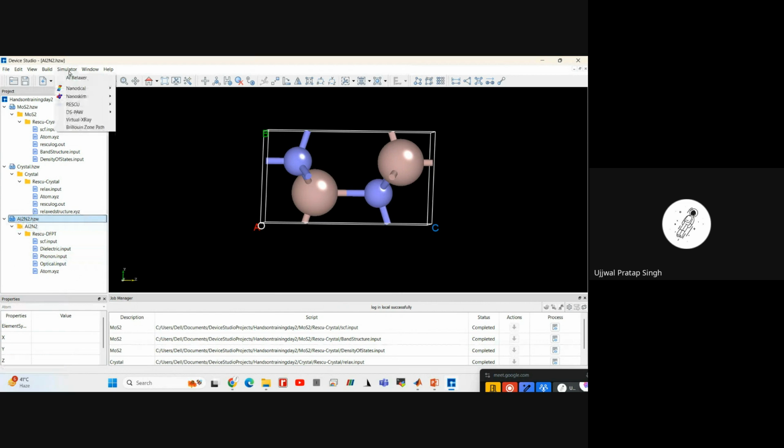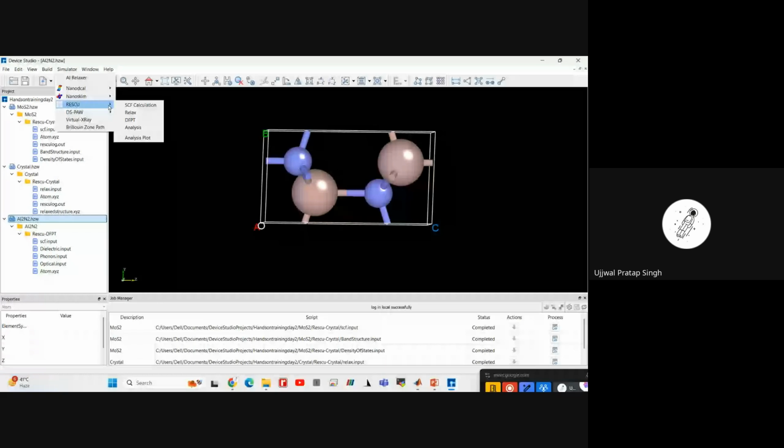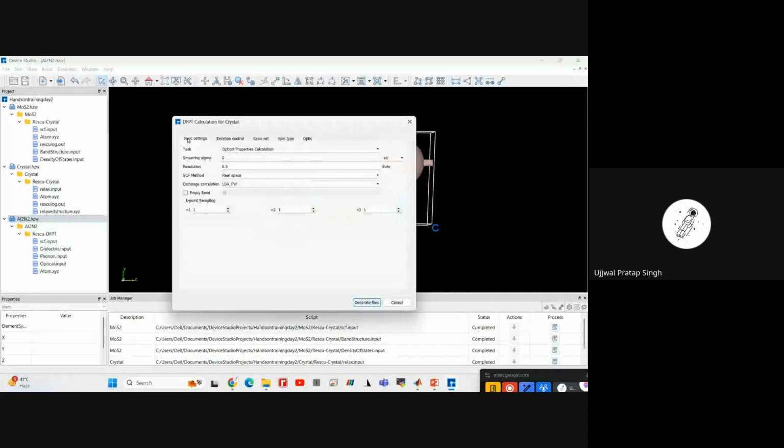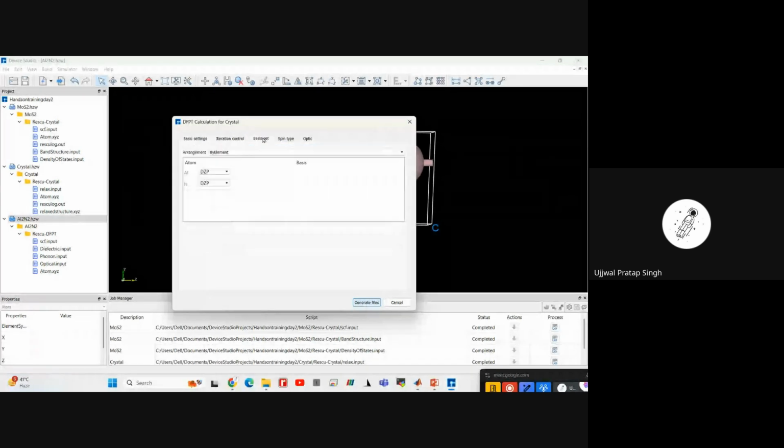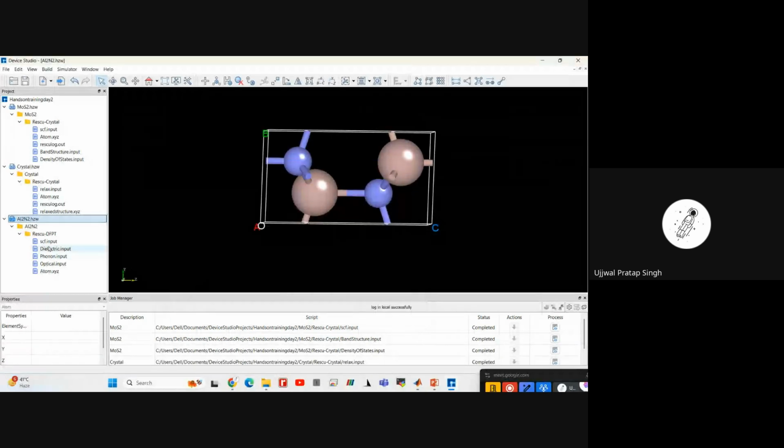I repeat the same process. Go to the simulator, Rescue, then DFPT, and enter some parameters and go for the default value. If you want to change, you can change. And here in the task, go for the optical property calculation and click on the generate file. You can see here scf.input file,